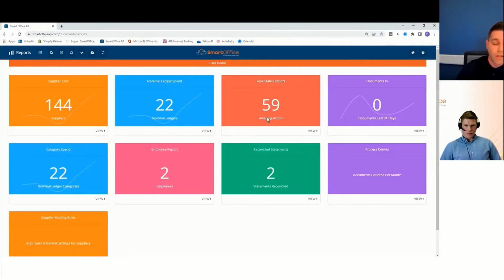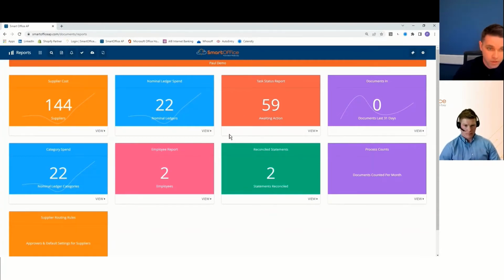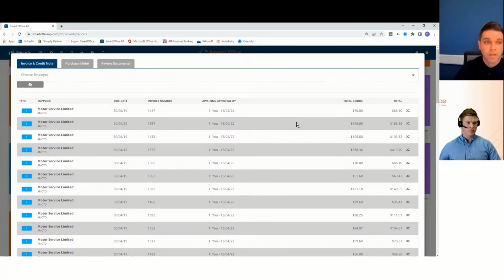So on your systems, your ERPs, your accounting packages, you probably have a decent amount of drill down data and management reporting systems. But what they probably don't have is information about the AP process itself. So what we have here, these are some default reports that we set up. You can monitor budgets, you can monitor spends, which are obviously the financial data, but quite importantly, you can look at the time for invoice processing and who it lies with. So you'll see here, we have invoice and credit notes, purchase orders, supporting documentation. That could be expenses, timesheets, debit notes, etc.